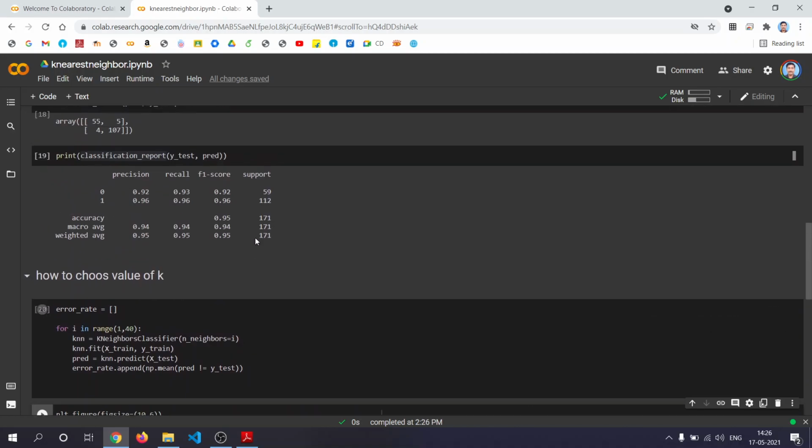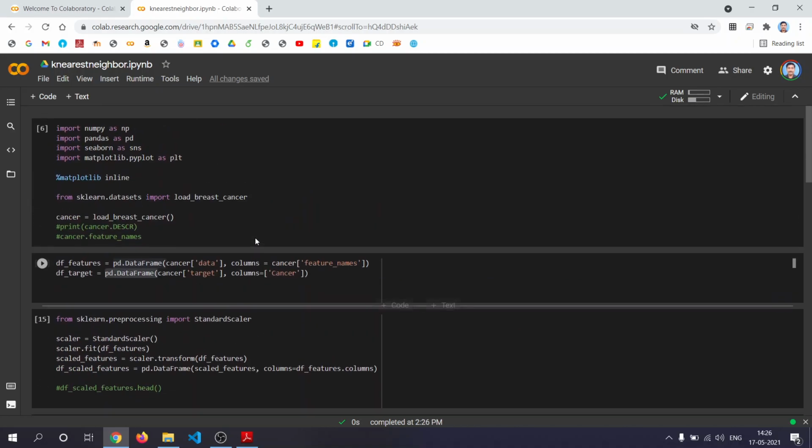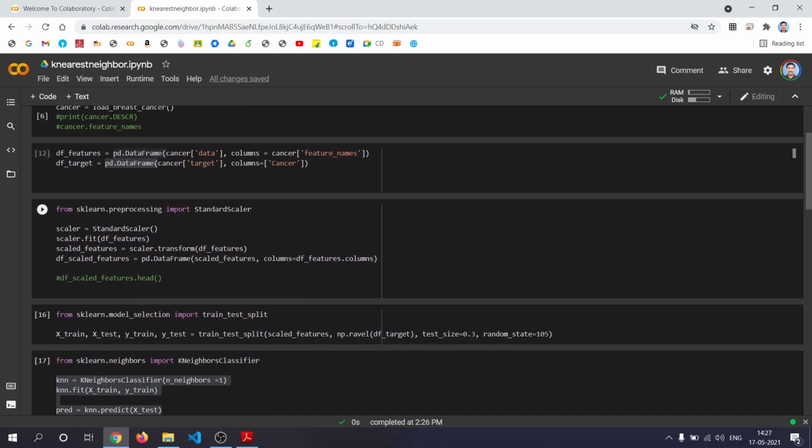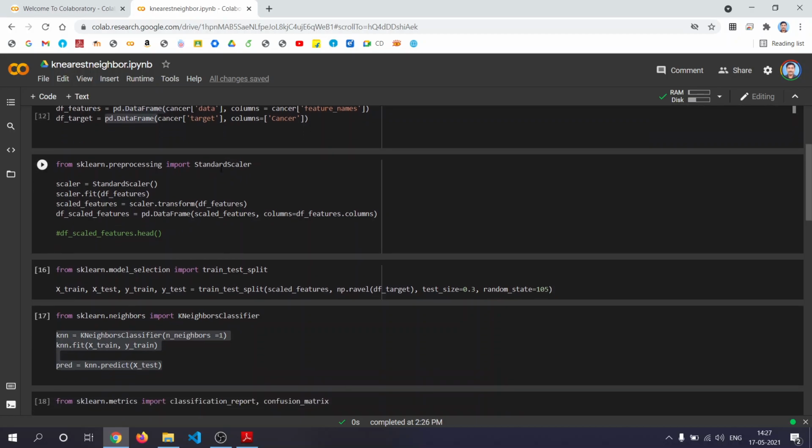So with this we have implemented the k nearest neighbor algorithm using a breast cancer dataset. From the breast cancer dataset we have so many columns and features, and the target was malignant or benign. It was binary classification.